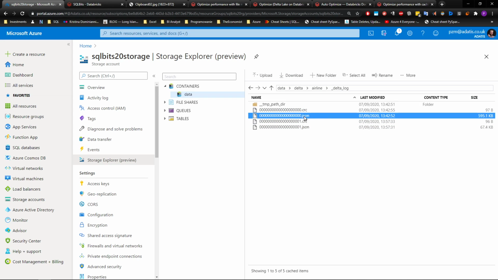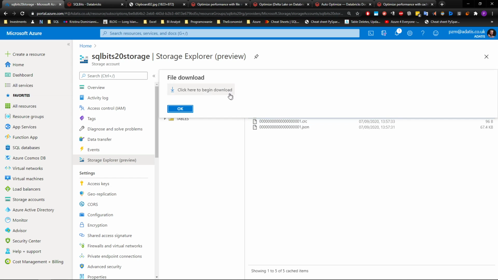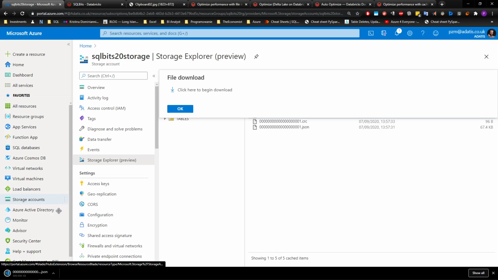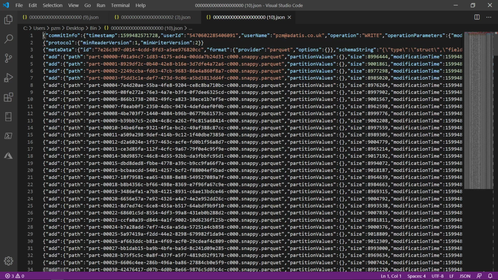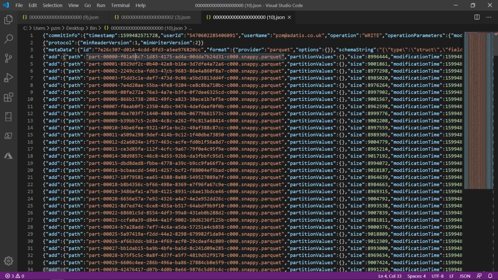Let's see how our transaction looked at the beginning, after the first commit. Let's open it. Okay, so this is a big file. There are 300 entries, indicating that for each file, which is almost 9 megabytes,